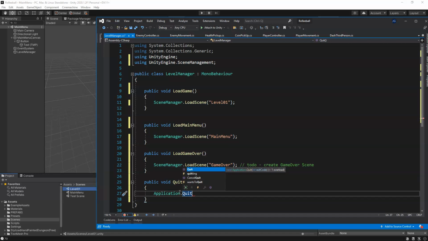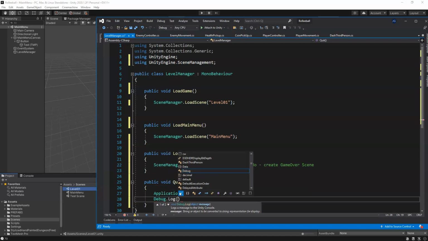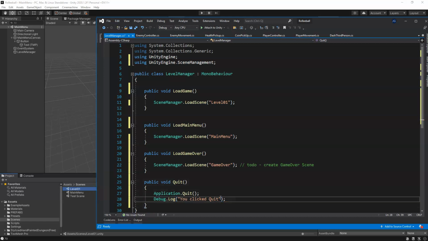And this is not going to work while in Unity, but we could do a debug.log